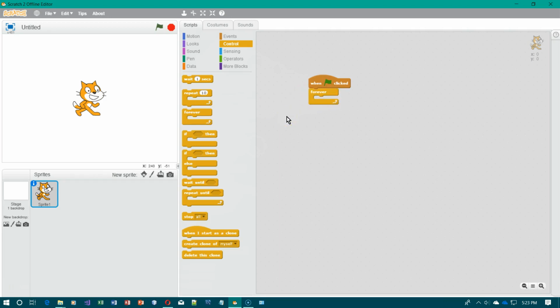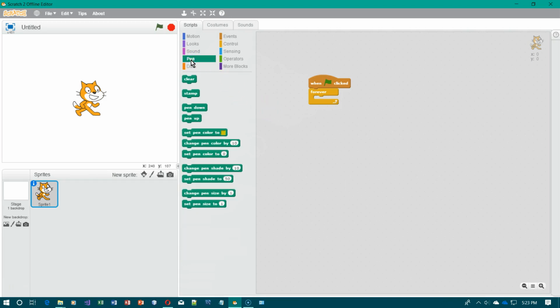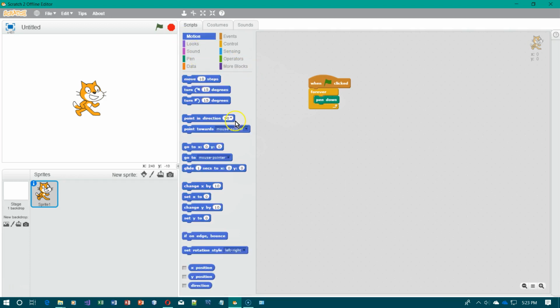And inside, what we want to do is put the pen down, and we want it to go to the mouse pointer. So let's go to our pen commands here, and let's do pen down. And then we need a motion command. So we want one that will go to the mouse pointer, and here is our go-to mouse pointer right there. And if we run that, now the pen is for sprite 1, it's for the cat, and these commands are for the cat. So the cat is going to be the one that is dragging a pen along wherever it goes. So if we start it,